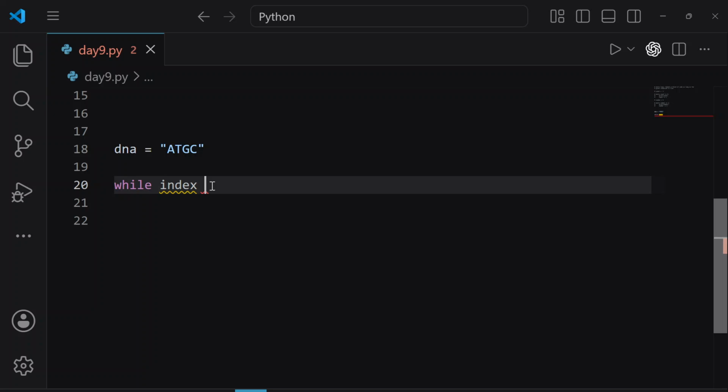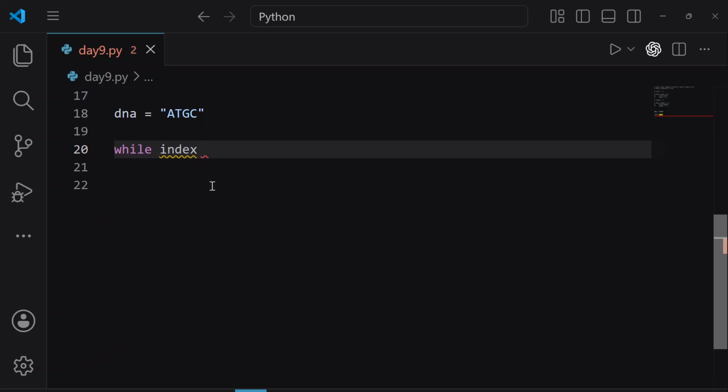Index. This hint I'm giving you here. Let me know if you are able to write the program, if you are able to think how you will tackle this, because you know how to use the for loop to print A, then T, then G, then C. But with a while loop, Shifa, while DNA is not equal to ATGC, how will you print A, then T, then G, and then C? And here